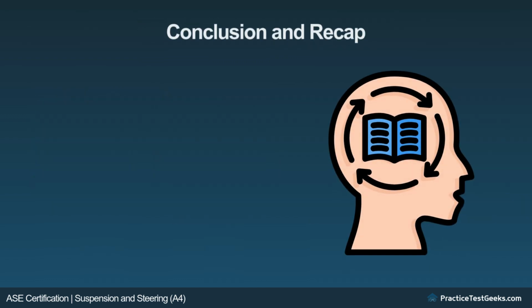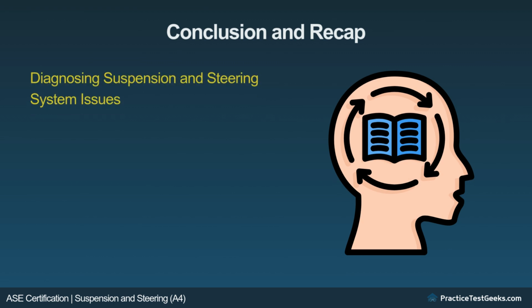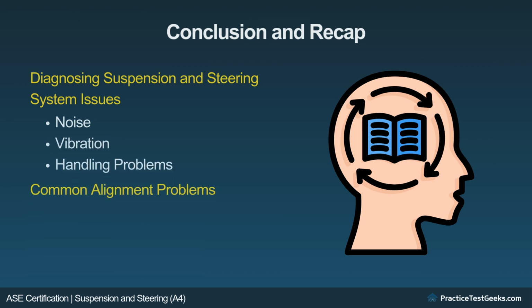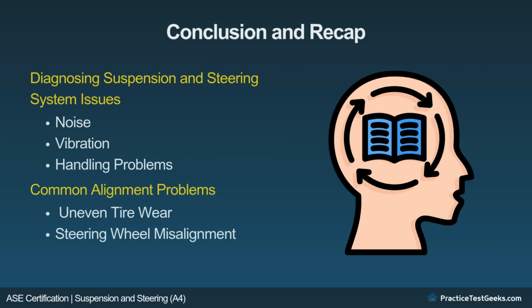Conclusion and recap. In this lesson, we covered the process of diagnosing suspension and steering system issues, including noise, vibration, and handling problems. We also discussed how to diagnose common alignment problems, such as uneven tire wear and steering wheel misalignment. Mastering these diagnostic skills is essential for preparing for the ASE certification test A4 and performing effective suspension and steering system